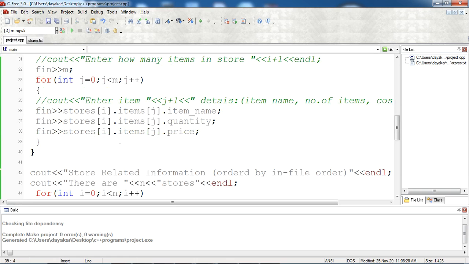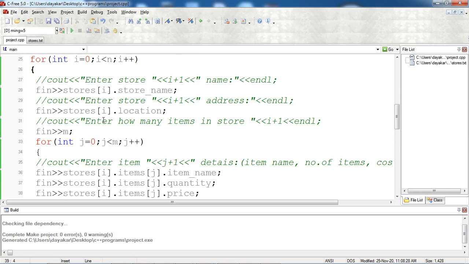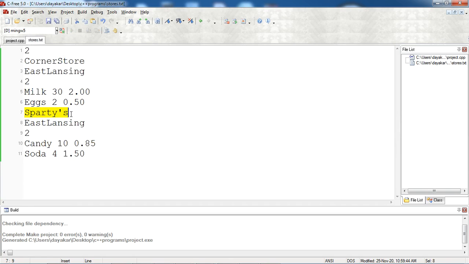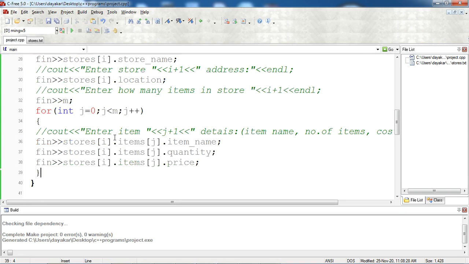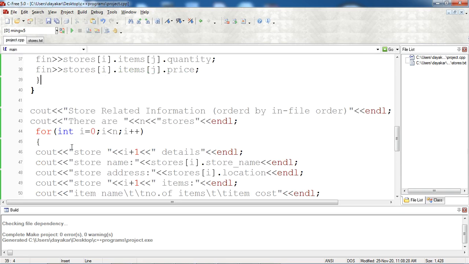So once again the loop will be iterated because n value is 2, and again it is going to ask for the store name, second store name I have given, second location I have given, and in the second store also I have given two items. So once again it is going to read the list of items for the second store. Now the data has been successfully read from the file, and then